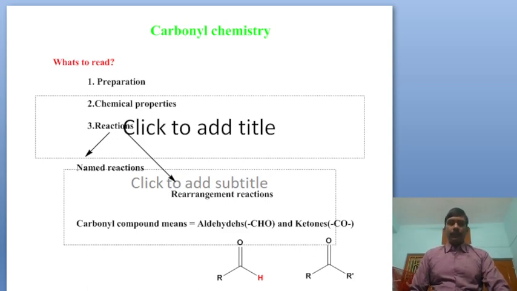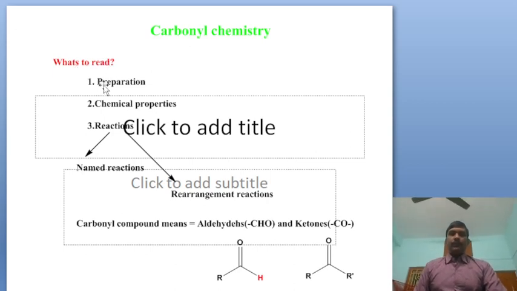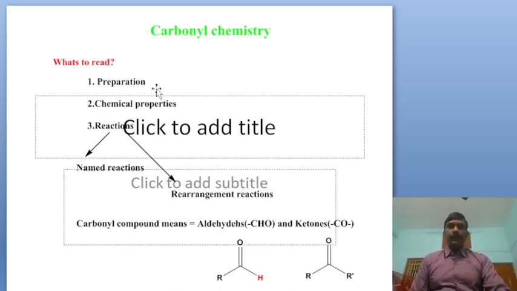Today I will discuss a chapter in class 12 chemistry, organic chemistry: carbonyl chemistry. In this chapter we will find the preparation, chemical properties and reactions. So first, what to read. We should read the preparation or synthesis of the carbonyl compounds, and the chemical properties and reactions of the carbonyl